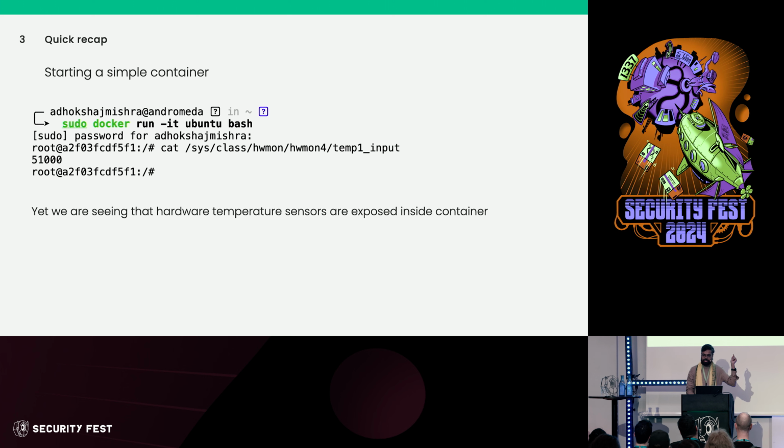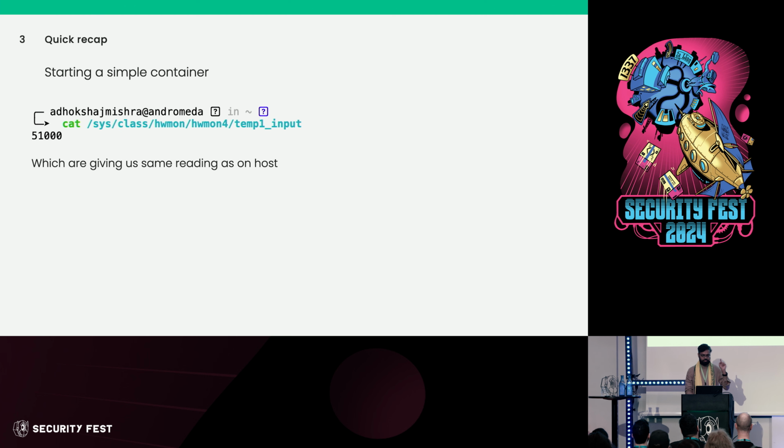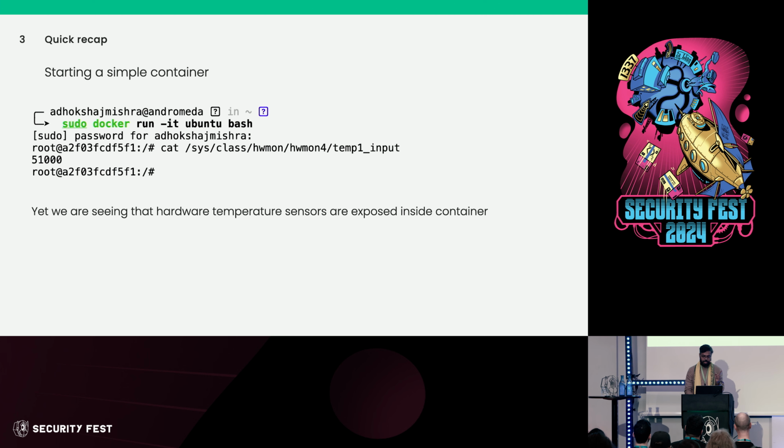If I do something like this, what I am doing here is accessing a particular temperature sensor and getting a reading out of it, okay? Now, if I do the same thing on the host, I get exactly the same value inside the container and outside the container. By the way, this does not happen in virtual machines. In virtual machines, the sensors are virtualized and they basically give dummy values. They don't give you actual readings, but it is not the case in containers.